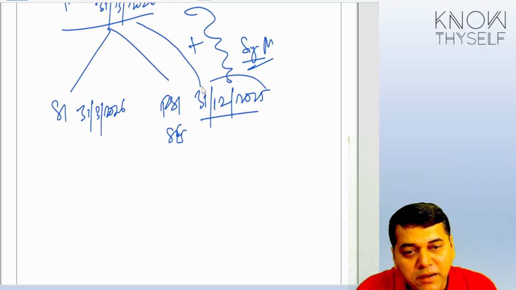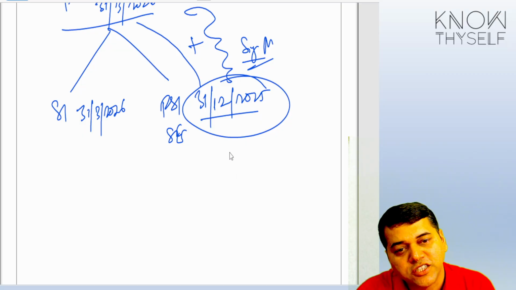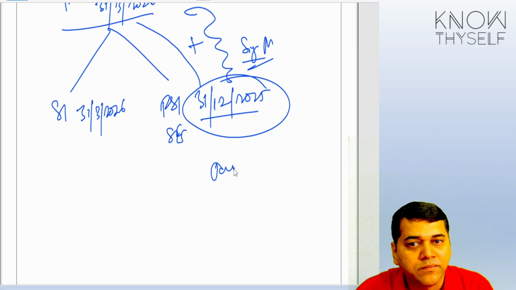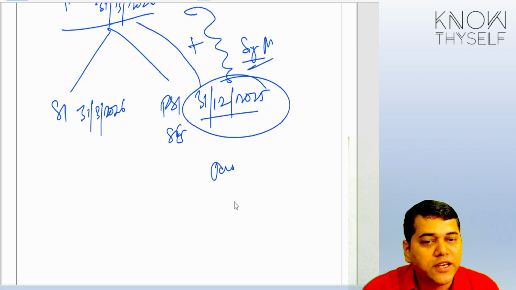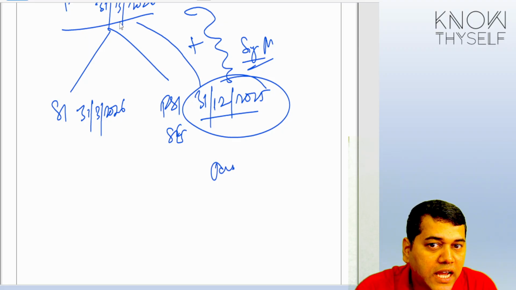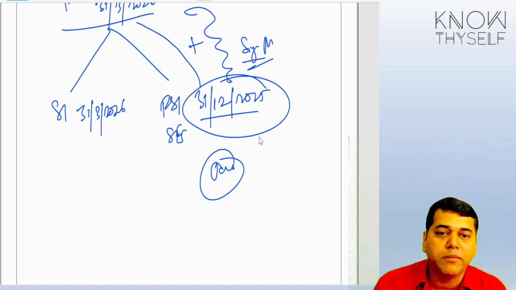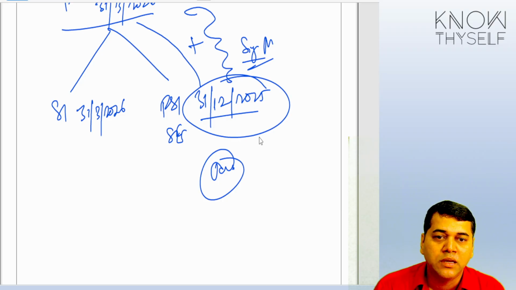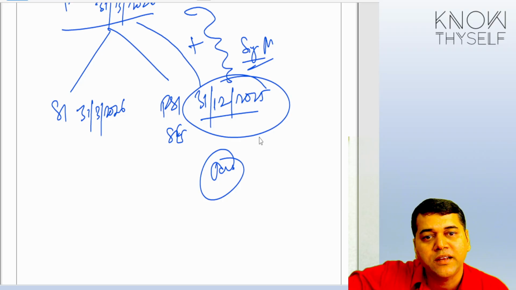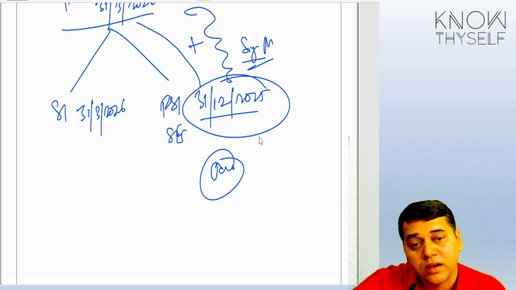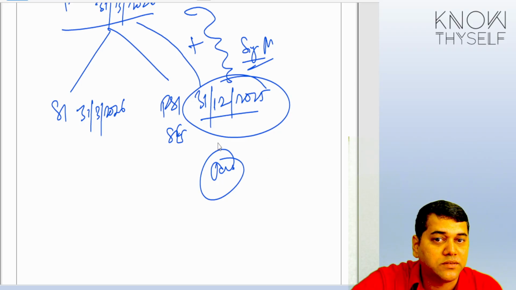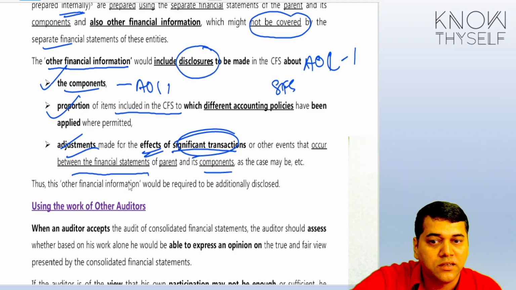Because this part may not be part of their financials, because their financial statement must have got signed by January and they must have issued to their investors. But when I consolidate, I will consolidate in March. By that time, the US subsidiary doesn't have any requirement to prepare SFS, because their SFS is already prepared, signed, and AGM is also finished. Now, during this period, if anything happens, that has to be additional.